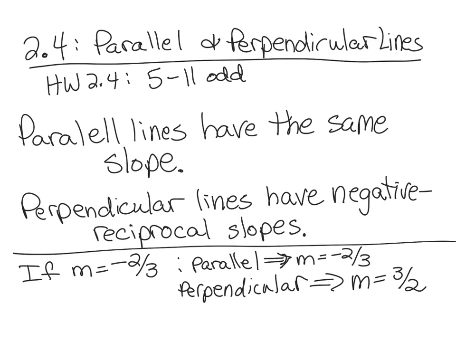Okay? All right, parallel lines have the exact same slope, right? They never cross each other either because they're always rising and running at the same rate. Perpendicular lines, when you think about lines that are at a right angle to each other,